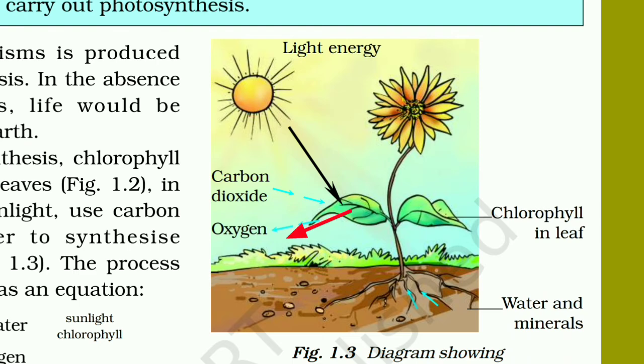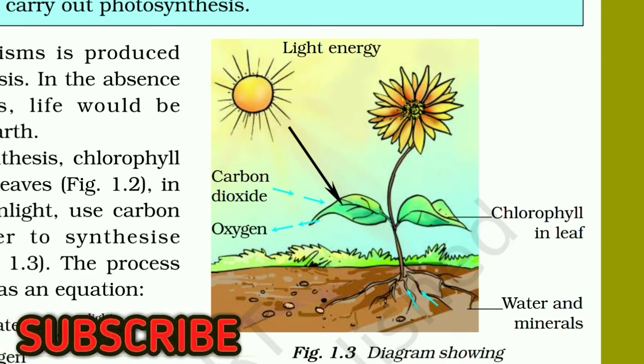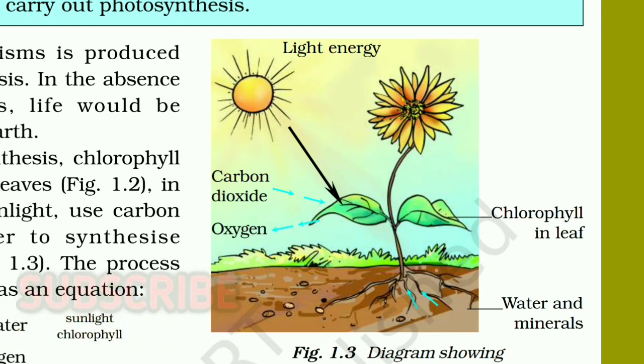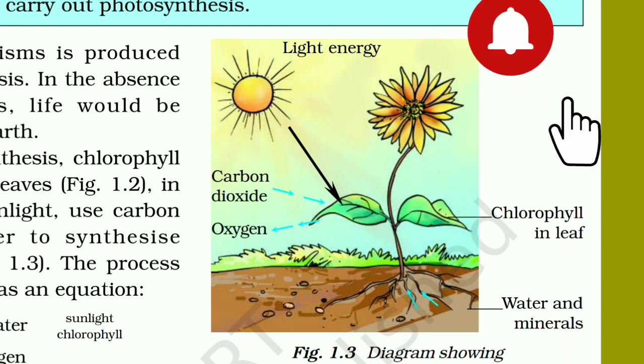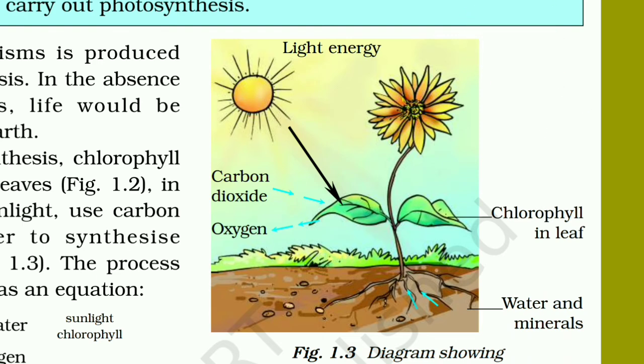As we have already discussed, without chlorophyll the plant is not able to synthesize food, because chlorophyll helps to trap the sunlight that is coming from the sun. And one thing that we should know is that the sun is the ultimate source of energy on the earth. Without the sun there is no energy present on the earth. Humans, animals, plants, everything directly or indirectly depends on the sun for food.